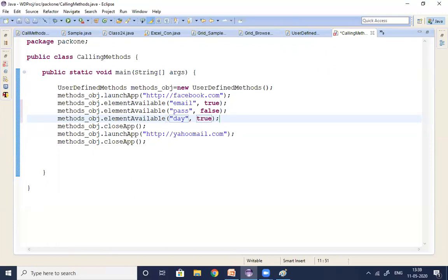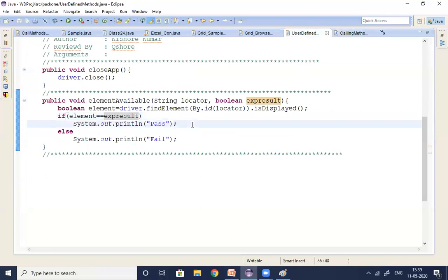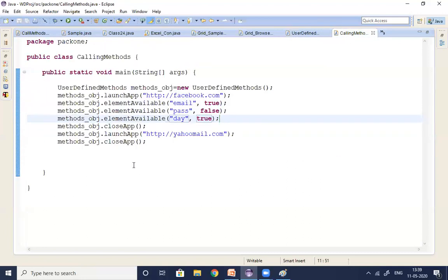So not only for the Facebook application, not only email and password, guys, these methods you can use in any project, in any application, for any elements. Like this, in our project, for each and every validation, instead of writing hard coded code, we are just calling the methods and performing the validations. The same program, if you write manually by writing elaborated code, we require at least 25-30 lines of code. Instead of that, we are doing everything in 5-6 lines of code, guys.